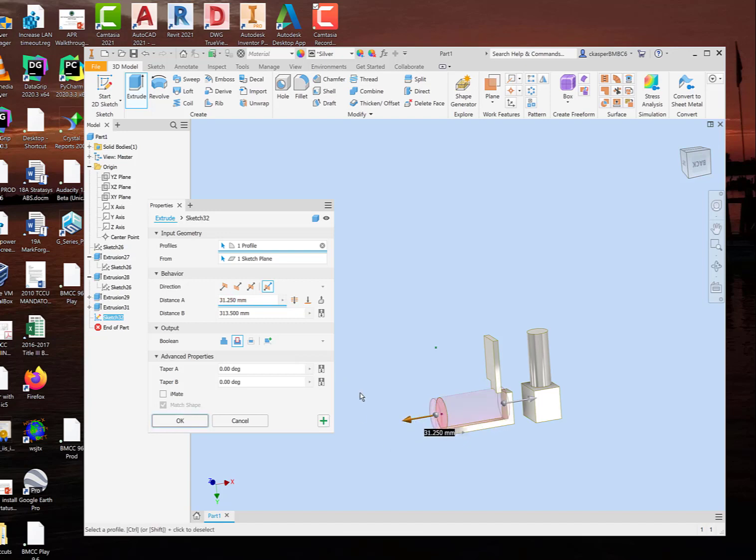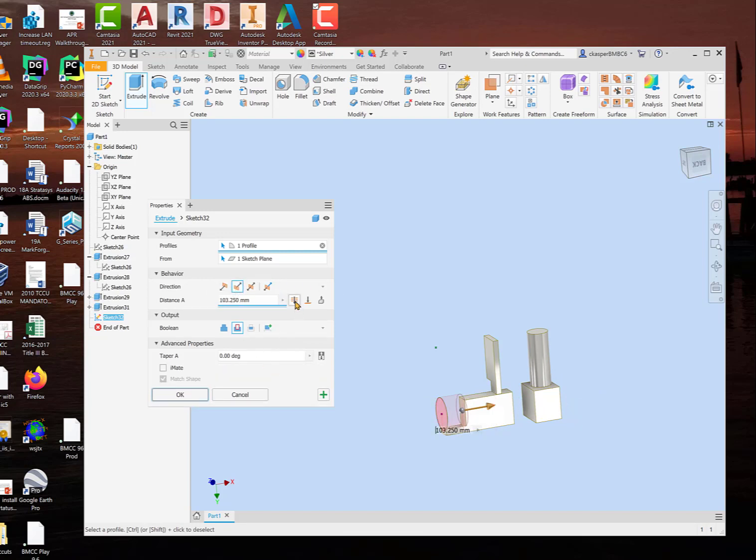So that's what asymmetric does. It allows you to push and pull or change the distances independent of each other. Okay, so we'll put it back to flipped, and we'll also make it go all through everything. Now back to this. Here's the join, where it actually joins the material you just added,